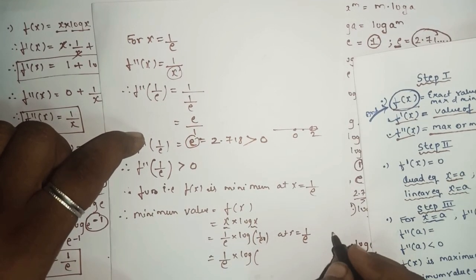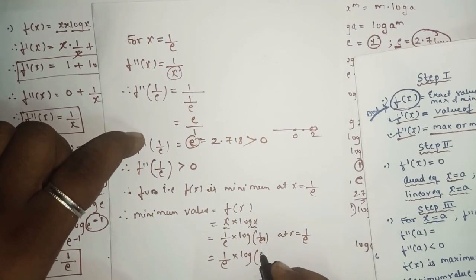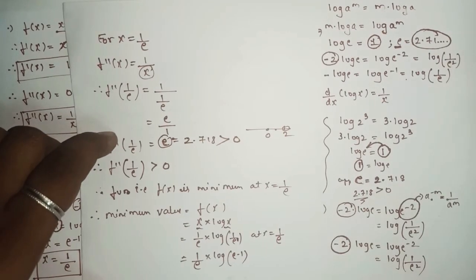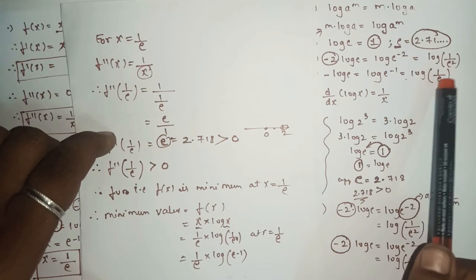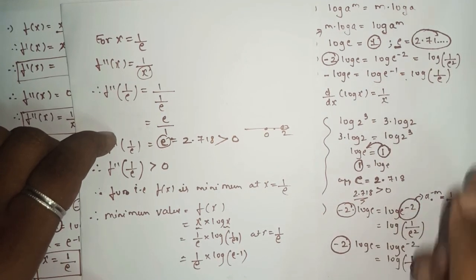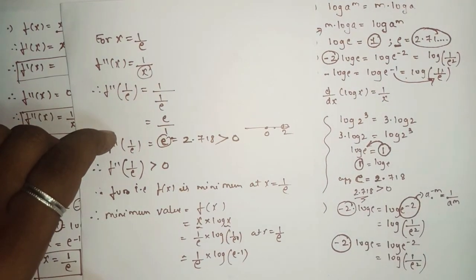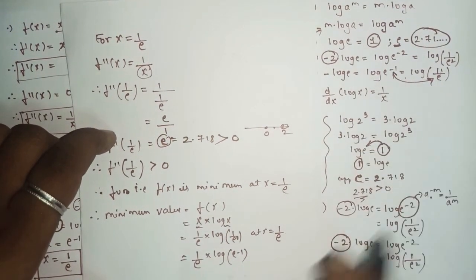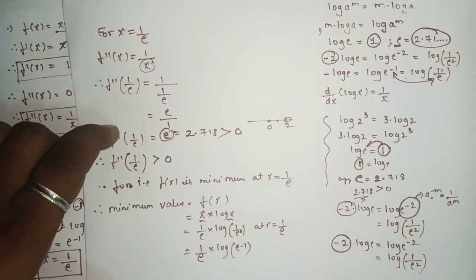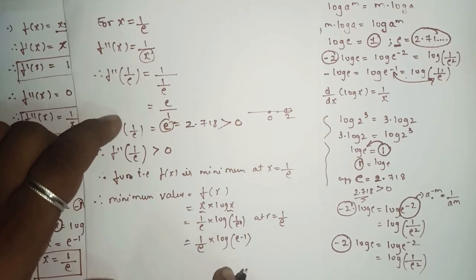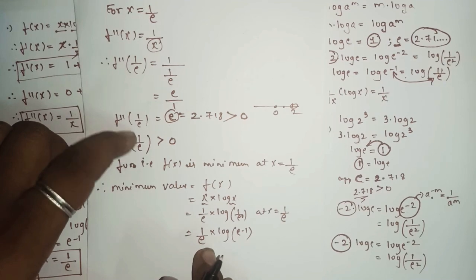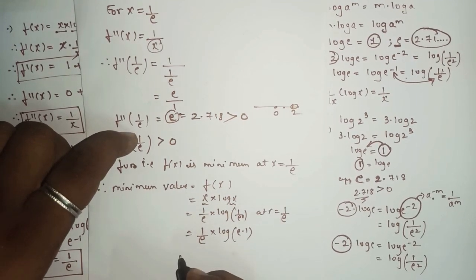So 1 upon e raised to 1 we can write as e raised to minus 1, as I had explained here. If e raised to minus 1 we can write as 1 upon e, so 1 upon e we can write as e raised to minus 1. Understood so far? Okay, so now after that